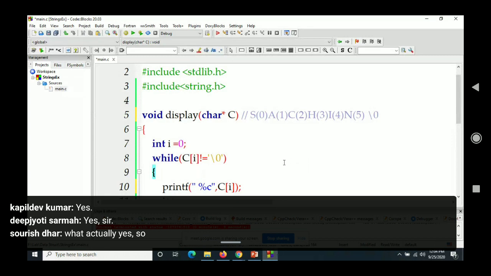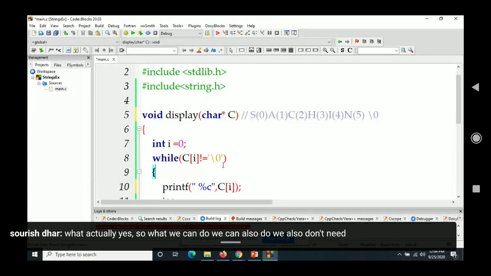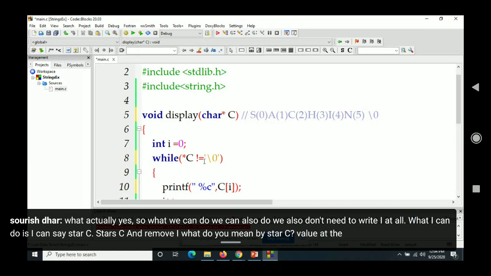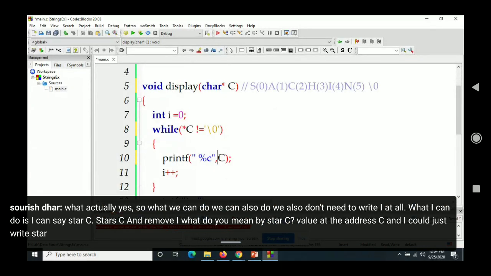So what we can do, we also don't need to write I at all. What I can do is I can say *C and remove I. What do you mean by *C? Value at the address C, and I could just write *C here, and this time instead of I plus plus, let me write C plus plus,